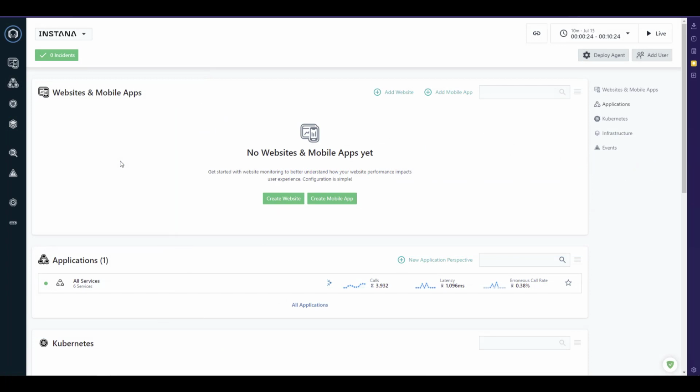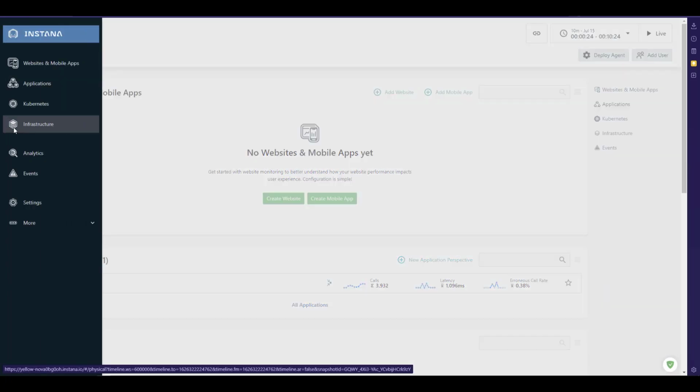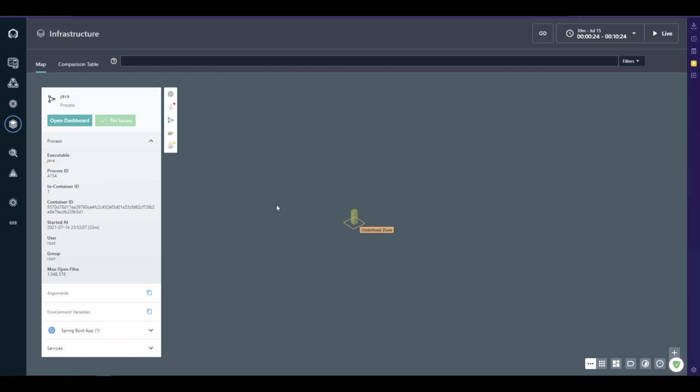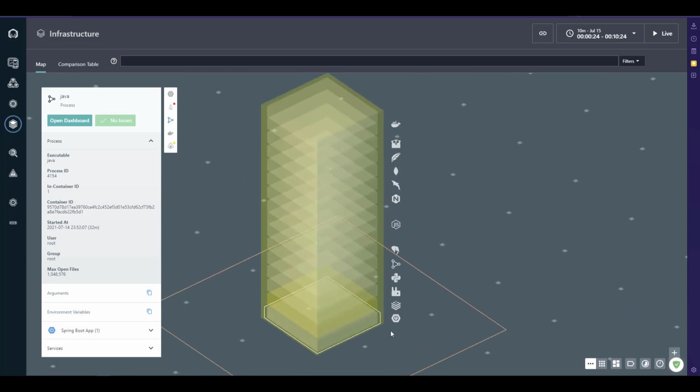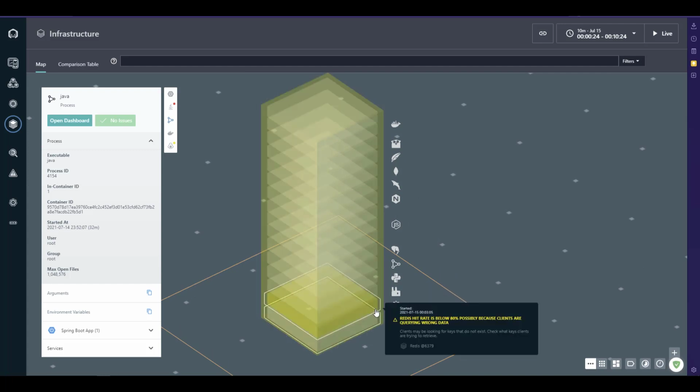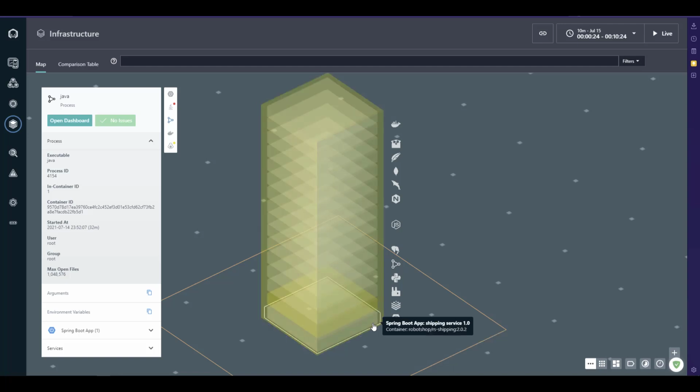Okay, now I'm going to show you something interesting. And if you click on this infrastructure, it will take you to the infrastructure view, and here you can see this is our zone. So let me just zoom in here. Okay, this is my Ubuntu box, and inside this Ubuntu box, these are the stuffs which I'm running. So here if you just hover your mouse, it will automatically show you the 3D visualization basically. So this is one of the unique features in Instana. And if you just hover over each block, you can see what's going on inside each component.